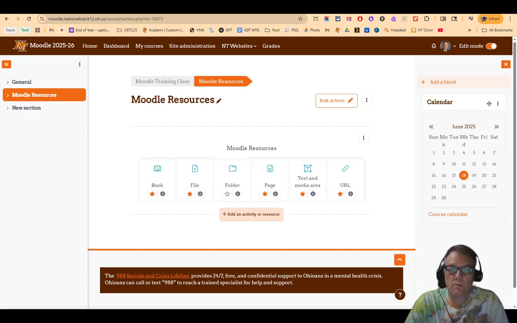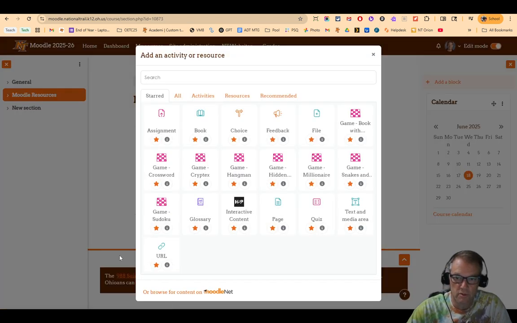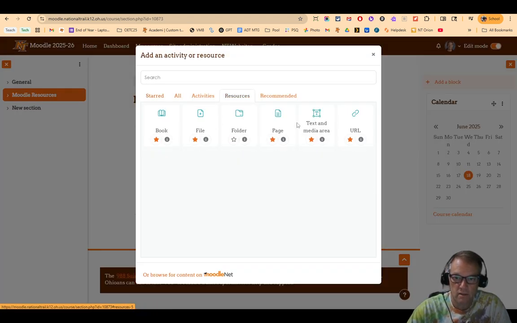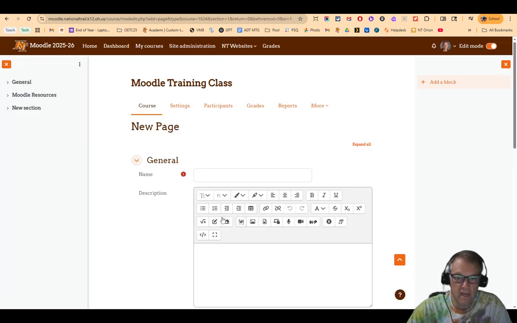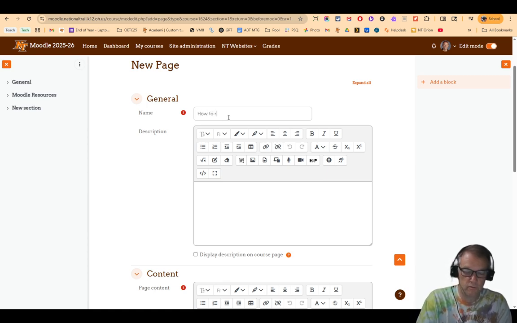Okay, the next resource I want to go through is the Moodle page, which is a web page. So if I go and add an activity or a resource, I can add a page. Now, the editor is exactly the same. The only difference now is that the name is actually what they see on the link that they're going to click on. So I'm going to make one, how to remove image